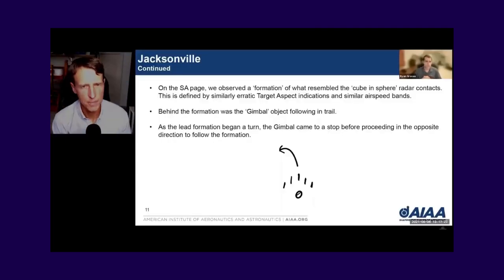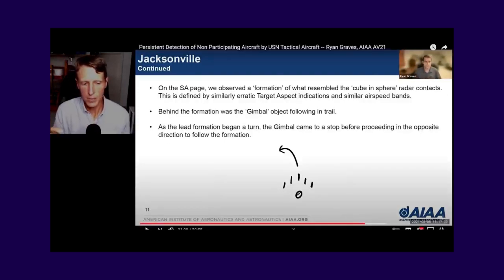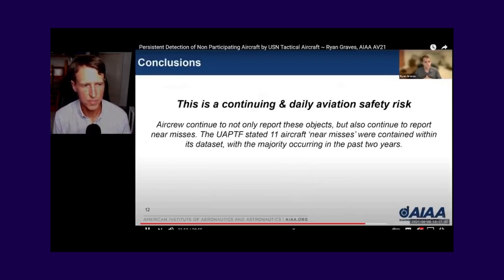What was very interesting here was that the formation, they appeared on the radar similar to the objects we would normally see in Virginia Beach, but the large gimbal object was something we had not seen before. So the gimbal object, it looks different on radar. Sounds like it looks different in person with your eyes and with the FLIR, and it moves differently. Okay, so that thing just stops and then goes in opposite directions, whereas the other ones were kind of flying around. So again, all crazy information. All right, so